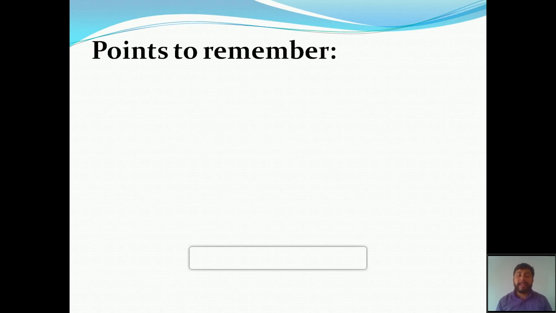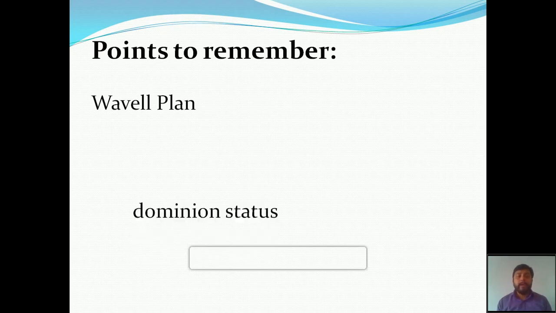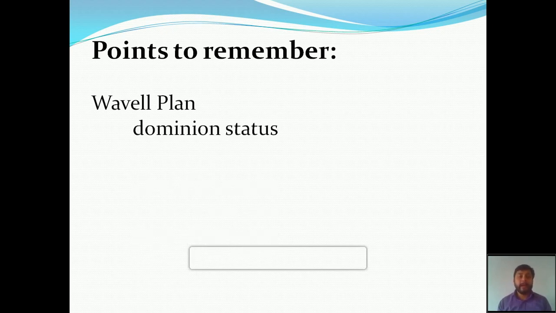After the end of the Second World War, the Indian independence struggle entered a new phase. During this time, there was a deadlock between the Indian National Congress and the British administration because of the resignation of the Congress ministers from the administration. So in order to break this deadlock, the Viceroy of India, Lord Wavell, introduced a plan known as the Wavell Plan. The plan said that India would get dominion status from the British.